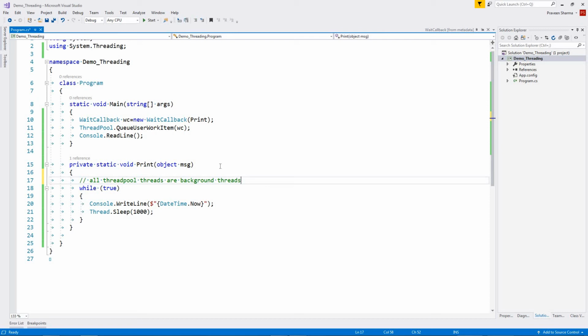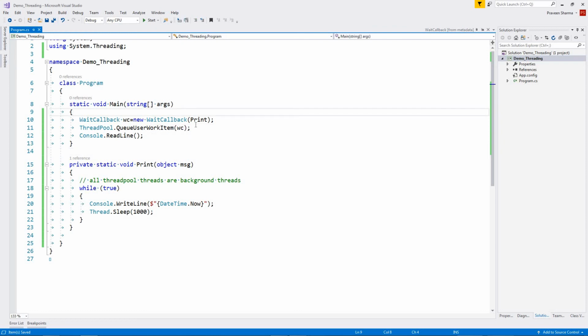Background threads will die when the main thread, which is the Main method, finishes; all the background threads will be killed. But foreground threads keep the process alive even though the main thread is dead.